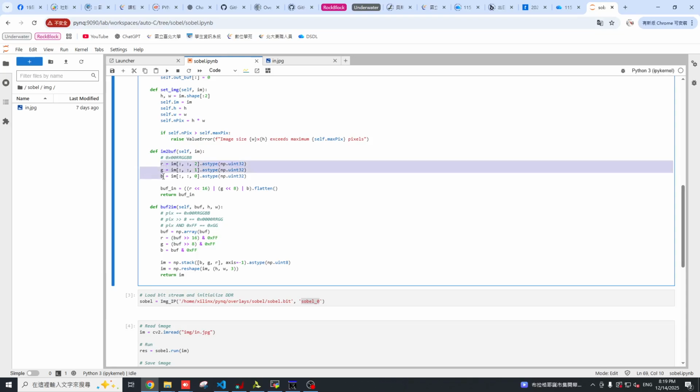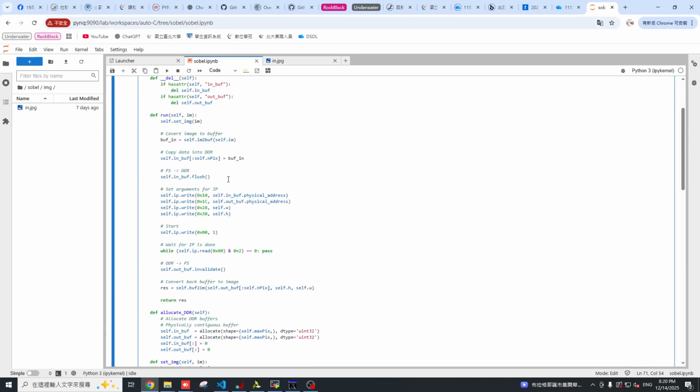First, we split our 3-channel RGB, and our channels should be shifted left 16 bits and 8 bits for the red and green channels. Then this is our data structure for our buffer, and it should be flattened. So here is our buffer